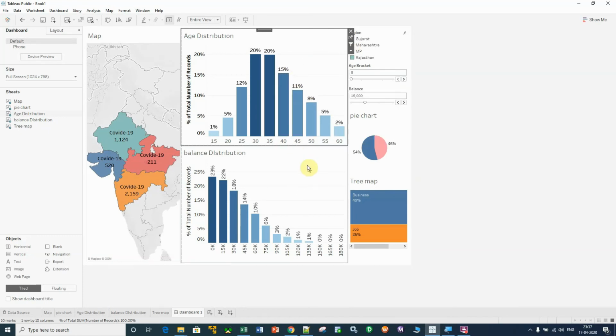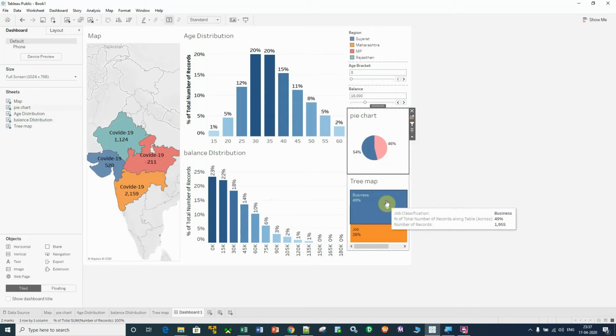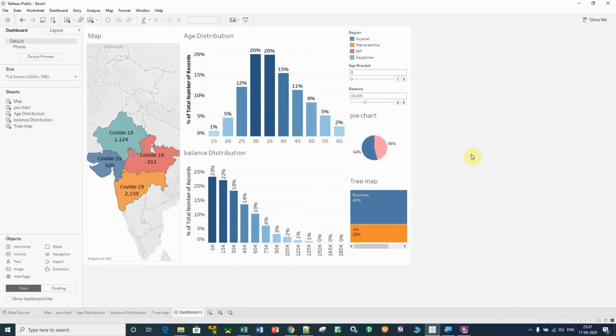You have applied an action filter on this. Click here, and you have also applied an action filter here. Here also you have to make it a use as filter, and in the tree map also you have to make it a use as filter. So now this complete dashboard has become interactive. You click anywhere on the dashboard and you can do your analysis, right?